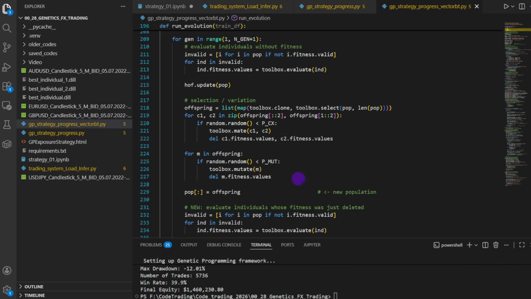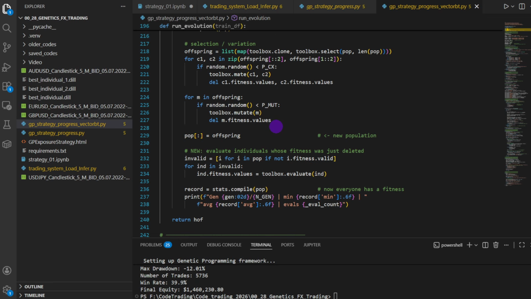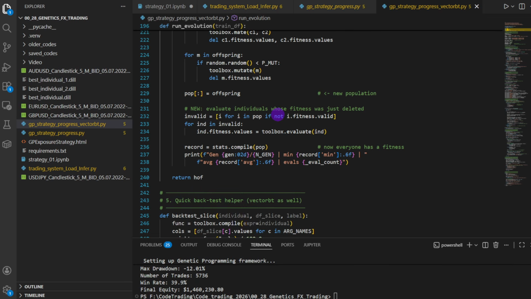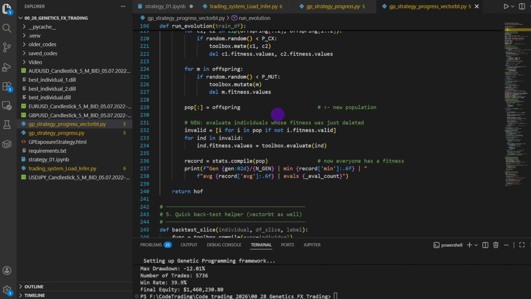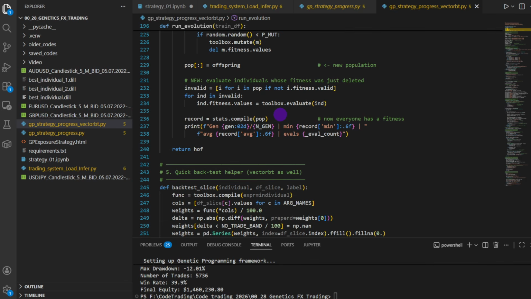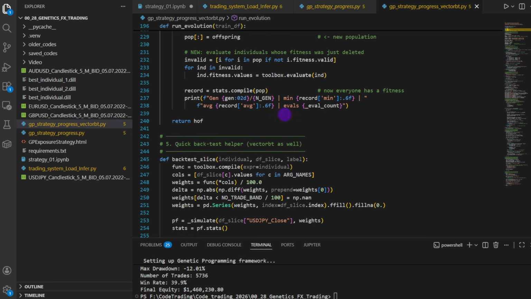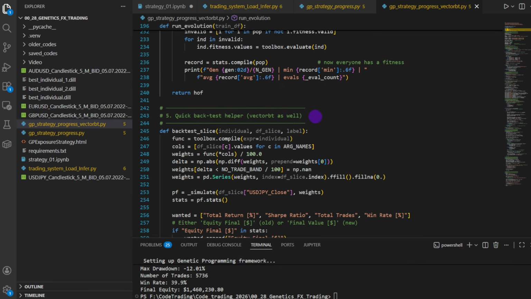I know they don't add up, but it normalizes at some point. And it reevaluates any modified strategies. So we rerun the backtest on any mutated or crossed strategies or indicators. And while running the evolution, we print some progress parameters like the minimum fitness, the average fitness, and the evaluation count. So at the end, we take the Hall of Fame top strategies and indicators, score them on the validation